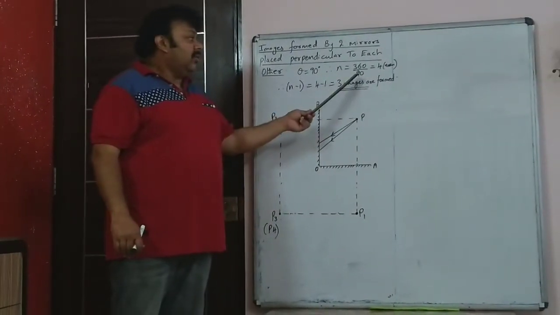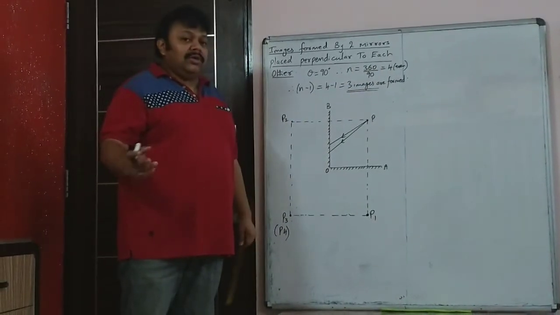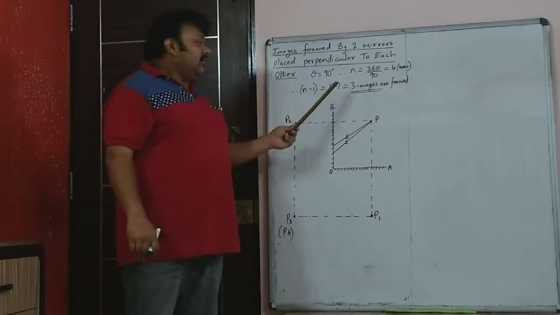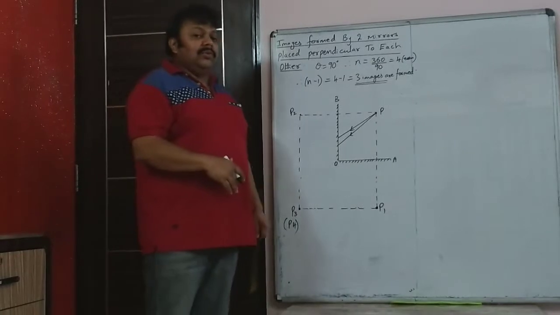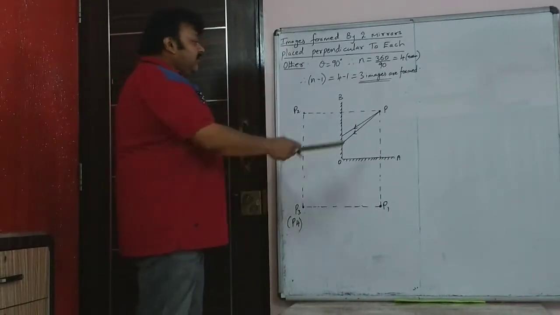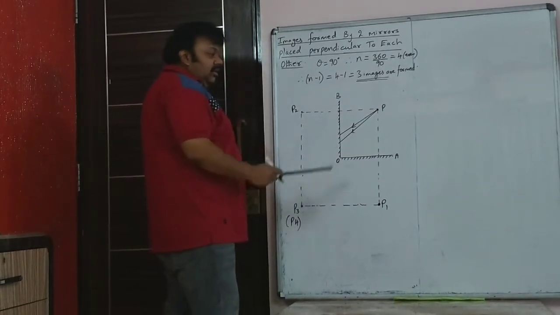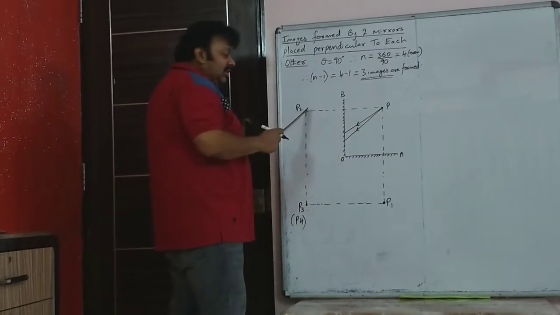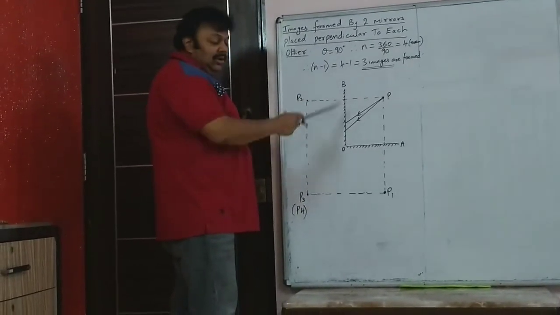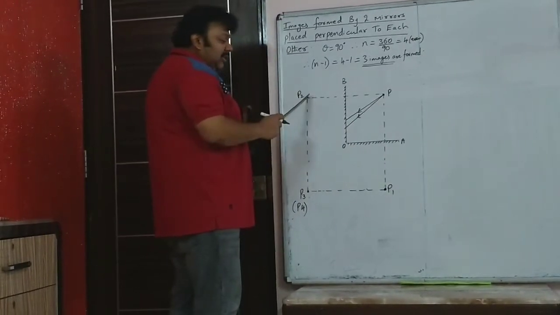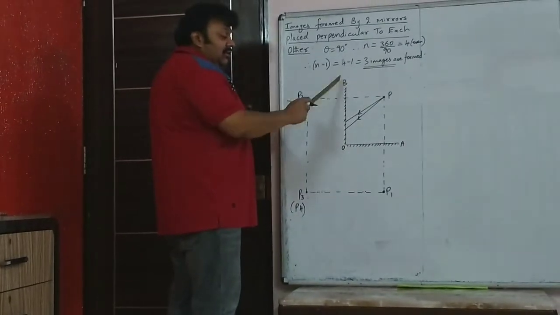So then how many images are formed? You know 360 upon 90 is 4. But that's an even number, and in even number, whether it's symmetrical or asymmetrical, n minus 1, so 3 images are formed. Actually 4 images are formed, but 2 of the images overlap. So you have first the object placed at P between the two plane mirrors. Now you will know that P2 is the image. You have done this in plane mirror. If only the mirror OB was there, then P2 would have been the image of the object P under reflection in the mirror OB.